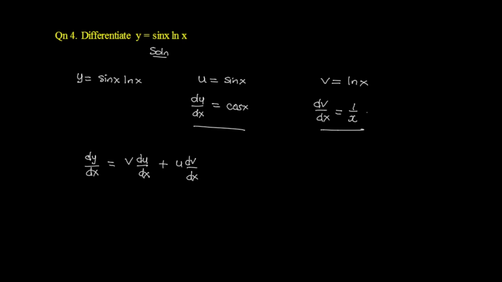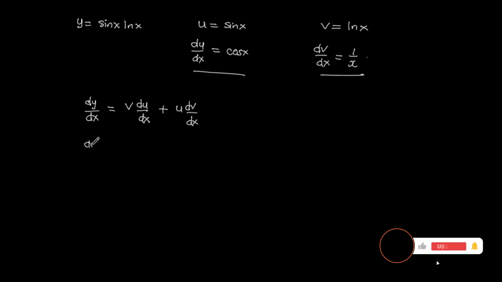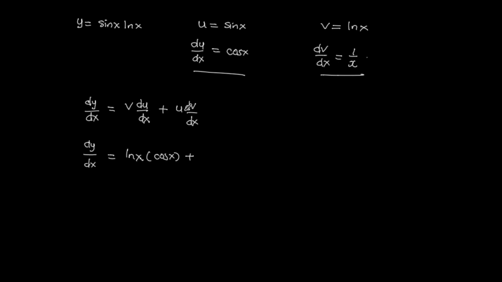Now let's make our substitution, where we have dy by dx is given by v, which is ln x, times du by dx, and du by dx is cos x, and then we add u, and our u is sine x multiplied by dv by dx, which is 1 over x. So we can go ahead and simplify